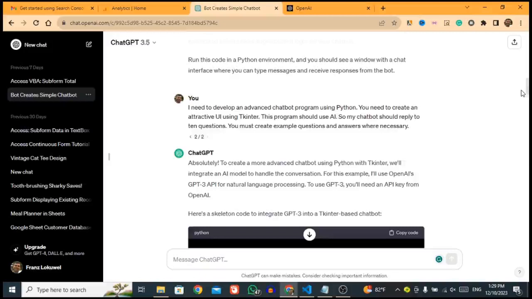So today I am going to explain how to create a chatbot program using Python code. Here I use ChatGPT to generate the code for my chatbot program. The language I use is Python. I will explain step by step how to create a simple chatbot program using Python with